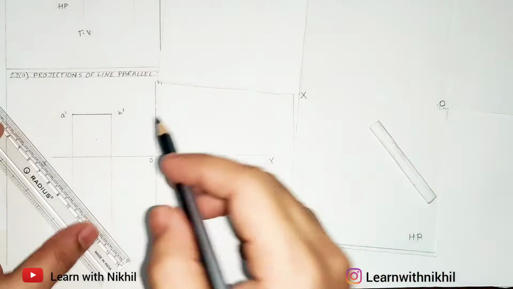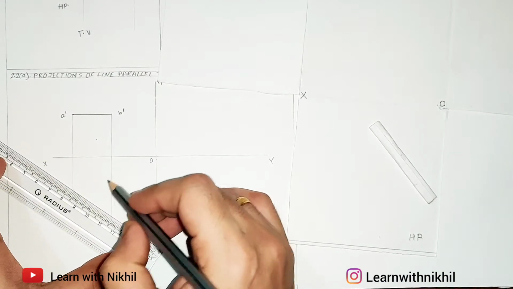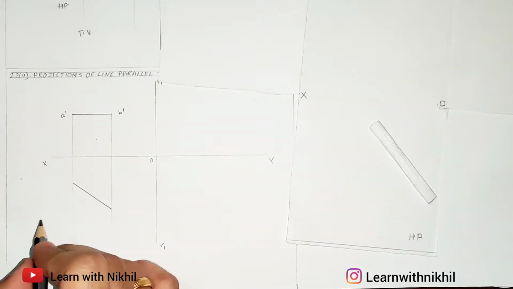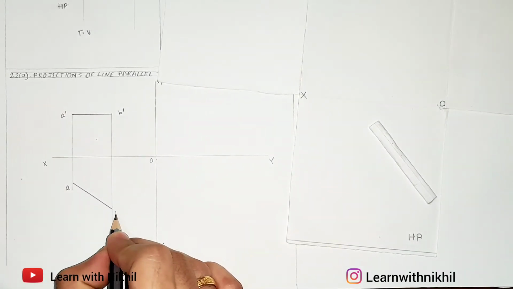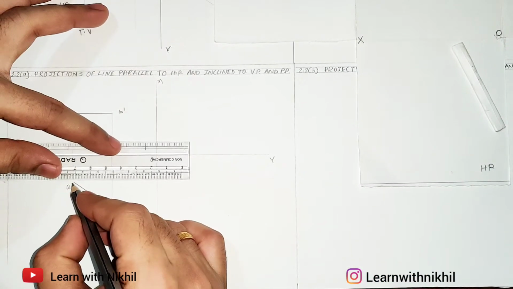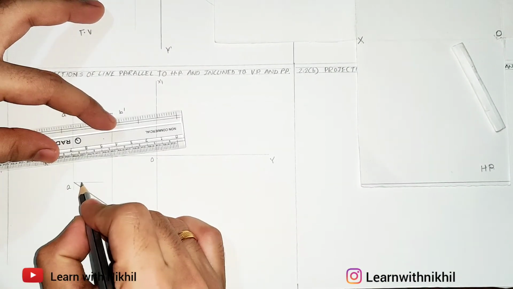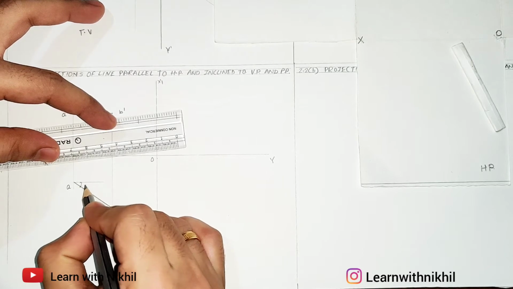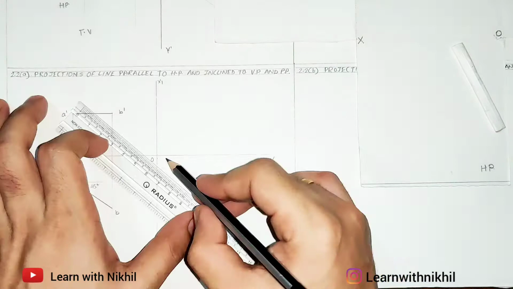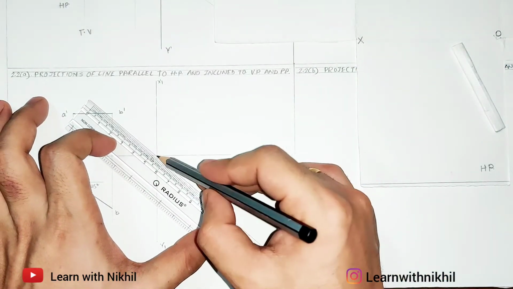Or in the horizontal plane. So it will be inclined. Again we have just assumed the angle. This will be A and B. We have assumed the angle as 45 degree. This can vary according to the question, so it can be given any angle and you have to draw it accordingly. So now to draw the side view, we'll draw the 45 degree angle line.